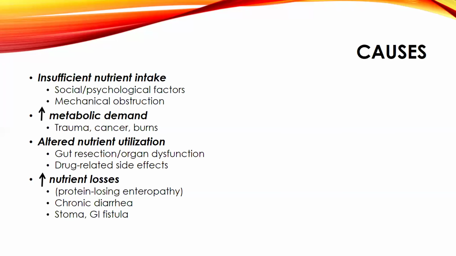And to a greater extent, there's also the aspect of increased nutrient losses, especially when you have wounds, or issues to do with stomas, because depending on the site of the stoma, it impairs how much is absorbed into the body system of that particular patient. So how you deal with such patients would be very different from how you deal with